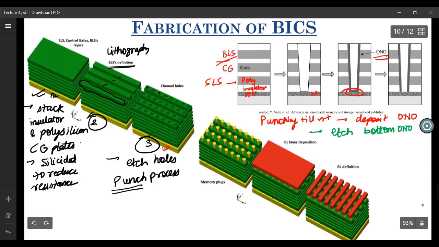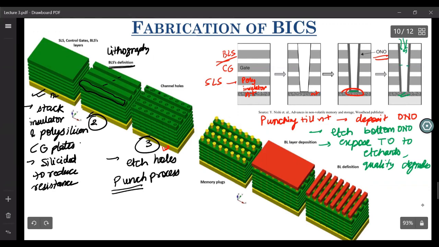If you have to remove this ONO layer from the bottom, you have to use etchants, right? And once you expose the tunneling oxide to etchants, its quality degrades, right? So in order to etch this, you have to insert some etchants here, and this is your tunneling oxide.